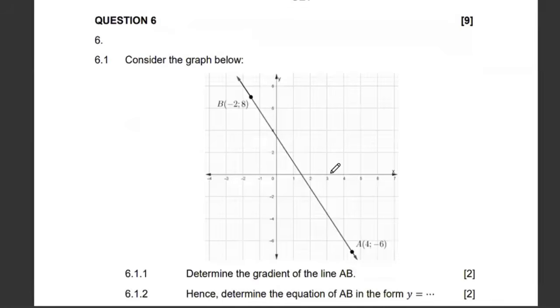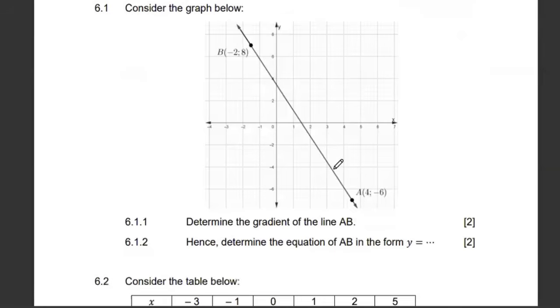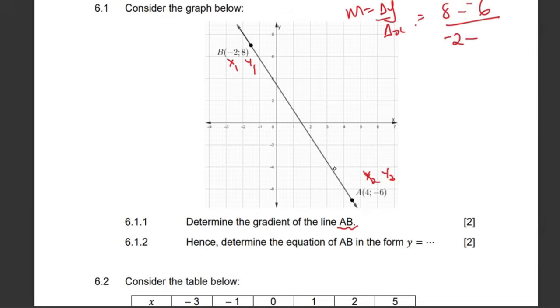Okay, consider the graph below. They want us to get the gradient of the line AB. So we know that the gradient is given by the change in y over the change in x. So if I call this x1, y1, this will be x2, y2. Let's substitute. I'll say 8 minus -6 over -2 minus 4. That's going to be a 14